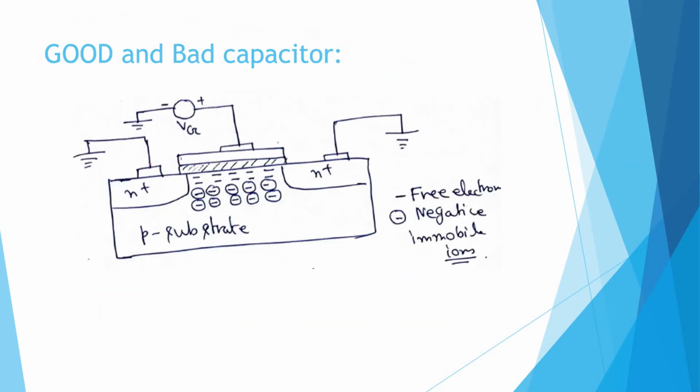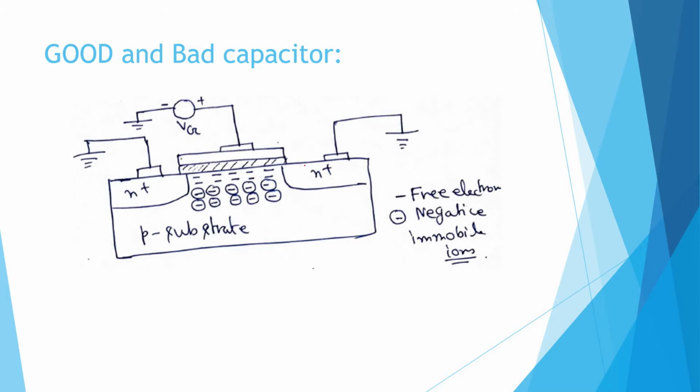So you just see, this will be this picture. Both source and drain are grounded. I have not drawn the body terminal because the body terminal is connected with the source. Now see, as the gate to source potential, or you can say gate potential, is very high in the positive direction, obviously a free electron channel will be formed, and below that free electron channel there are immobile negative charges. This is forming the depletion region.